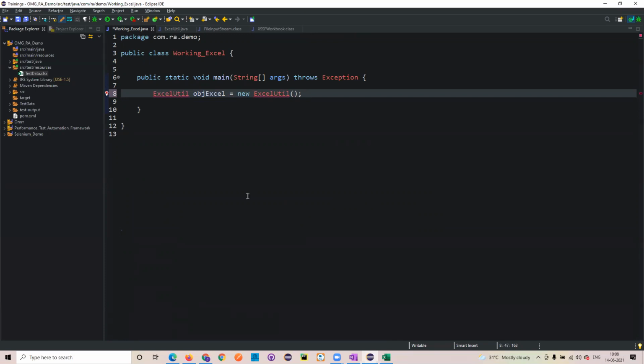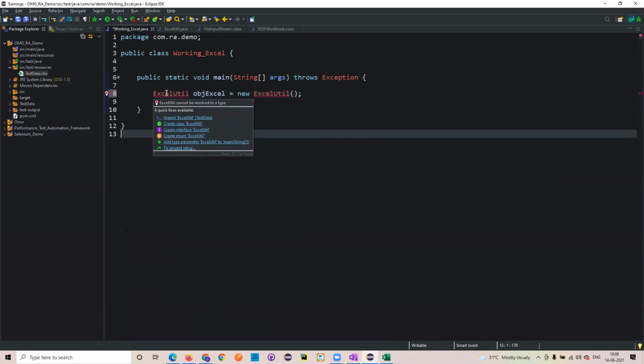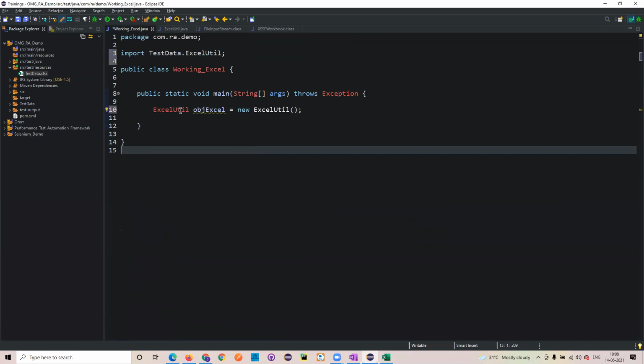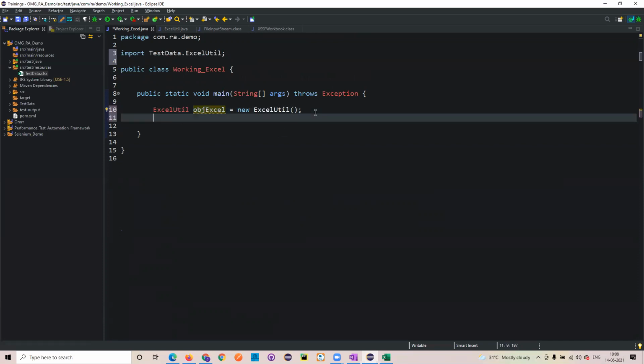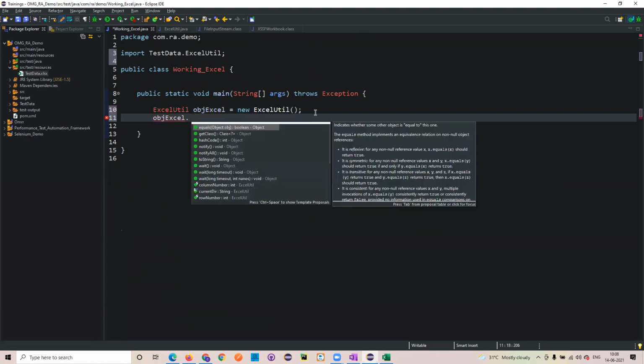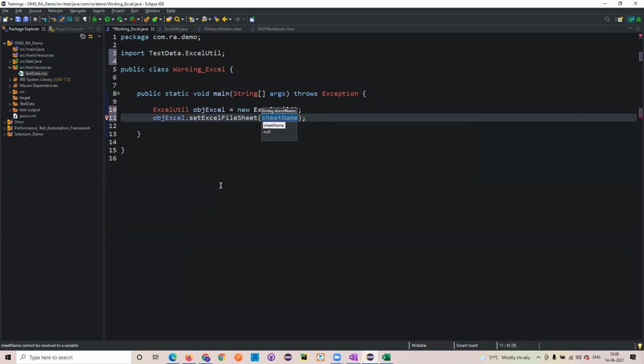Okay, so everyone understood? Any questions on this one? What I'll try to do is access all those particular methods in this particular class, and then I want to use them in your frameworks. Even in our implementation, this is how we will be implementing it. As soon as I created the object, I can see all the methods available over here. First we will see that we want to set that particular Excel sheet, right? So here we have accessed the same method.